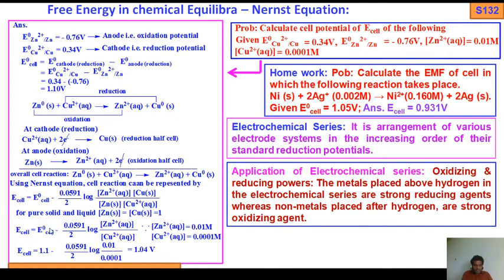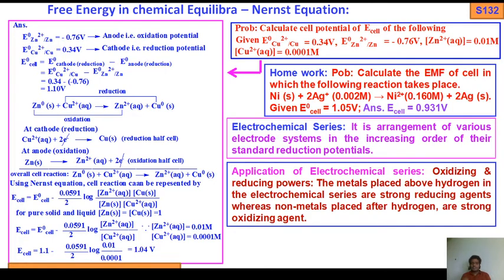because here we have to find the value of E cell, but we get the value of E naught cell, 1.10 volt, from these equations. Putting this value, and we also know the value of n, the Zn2+ molar concentration and the Cu2+ molar concentration, we get the value of E cell of this cell reaction. So again I recap, a very important problem.